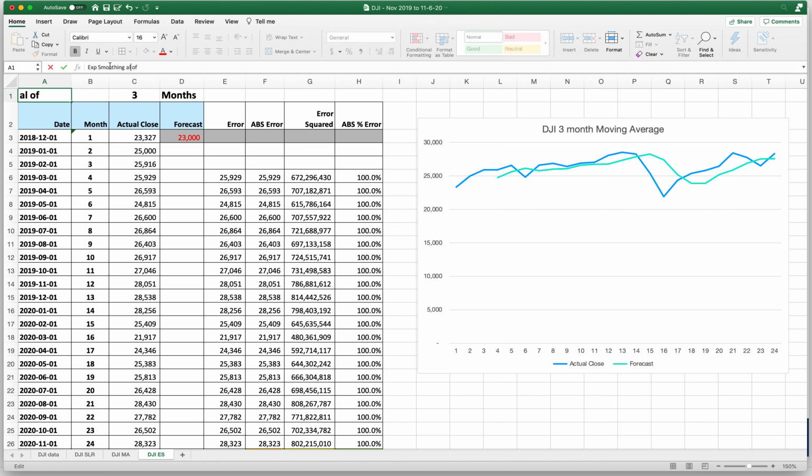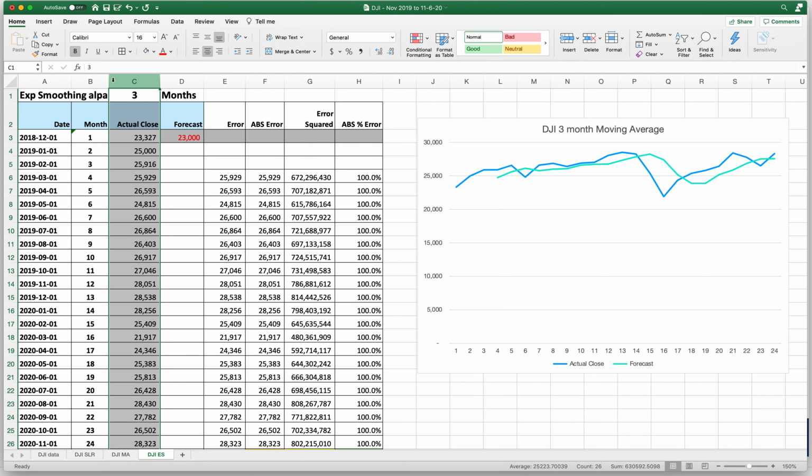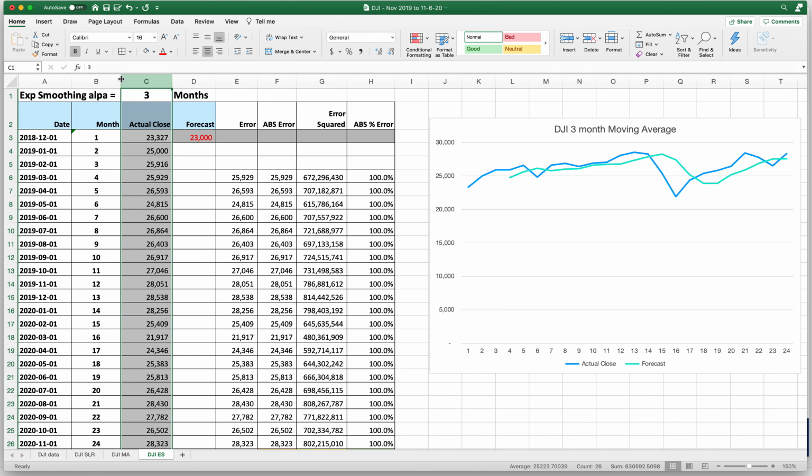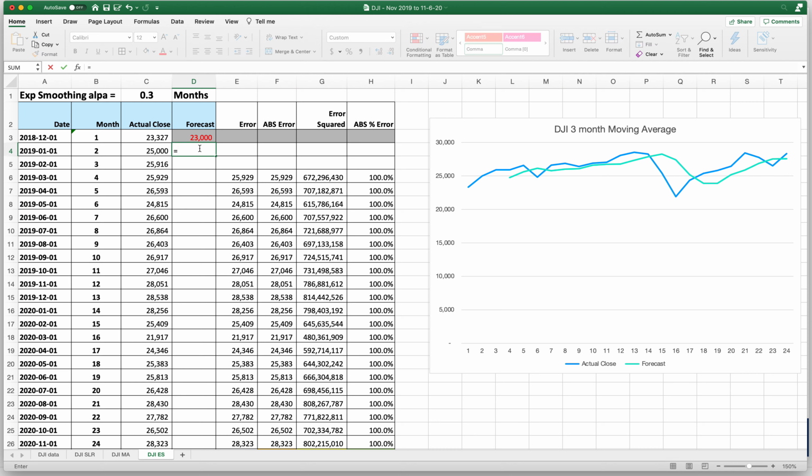Alpha equals... and let's see, what do we want to make this one? Let's say alpha is equal to 0.3. Okay? So now, it says equal to